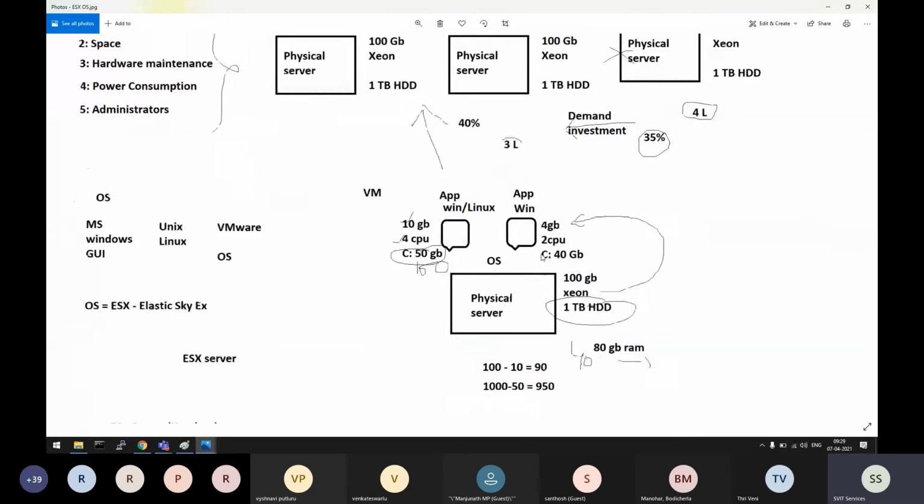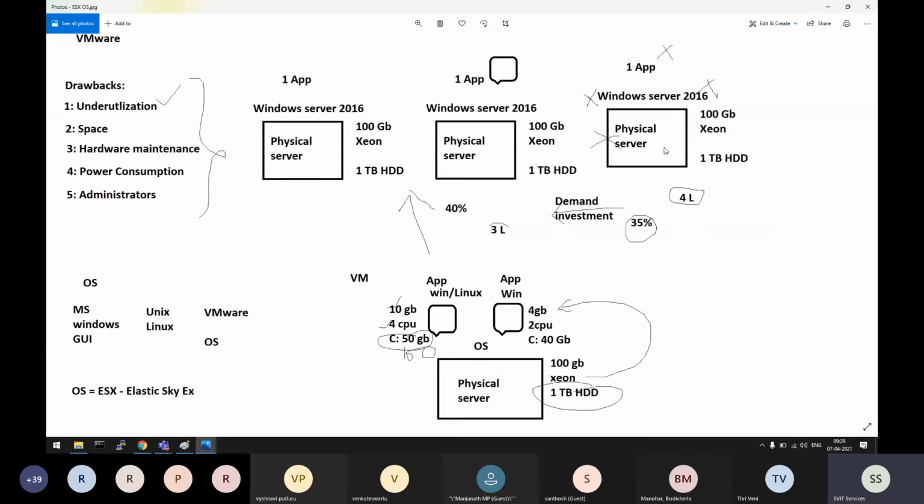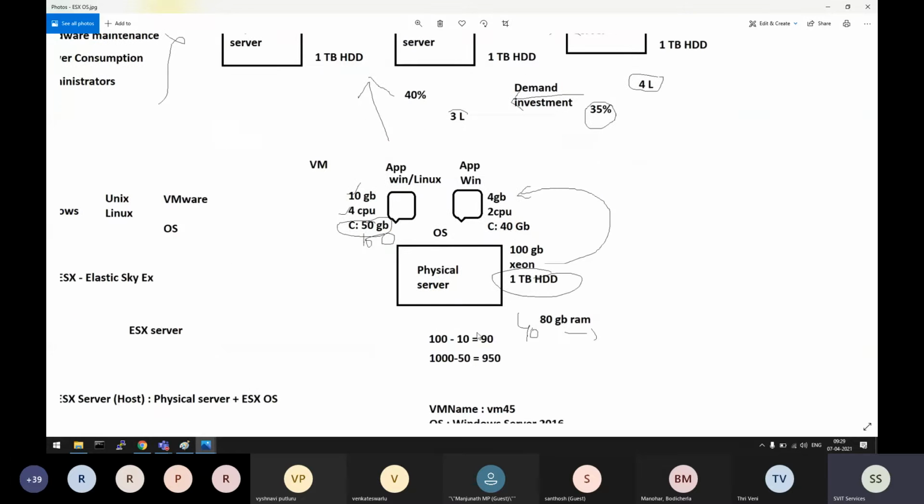Now with this technology, we can increase our resource utilization. Here, let's say the RAM utilization of this computer was around 30%. When we wanted to grow our company, we used to spend money again and buy one more computer. But now you don't need to do that. You can increase up to 80% utilization.